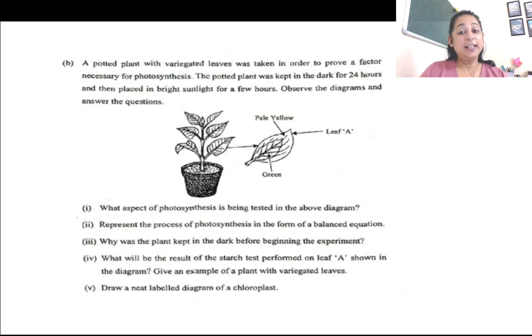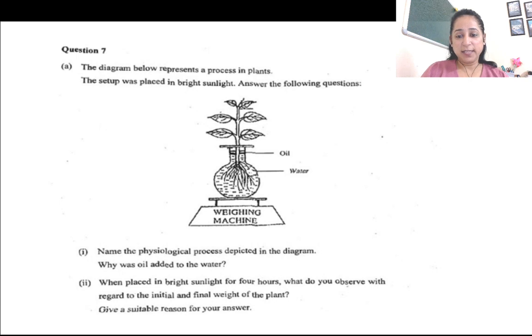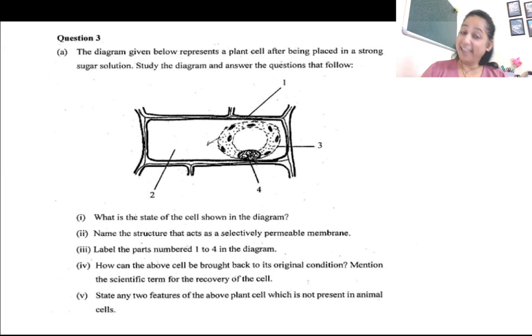Now herein a leaf with yellow and green portion is there. ये भी एक बारी हम कर चुके हैं. अभी पीछे एक और question था ऐसा variegated leaves वाला. The same question repeated. Herein transpiration वाला same question. वहाँ पे weigh कर रहे थे, उसको यहाँ पे weighing machine पे रख दिया है. Same question. Again you need to answer the questions accordingly. Again phloem, endoosmosis, exoosmosis, same question है बिल्कुल. Let's see, the answers are also same I think.